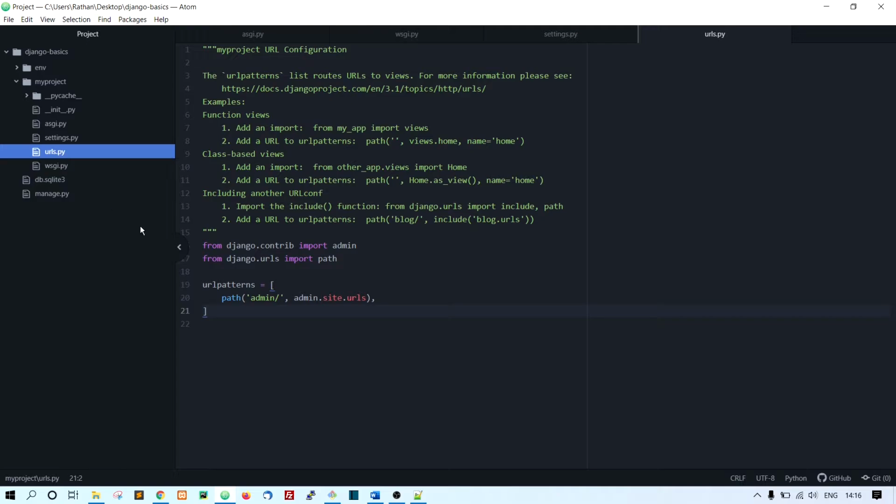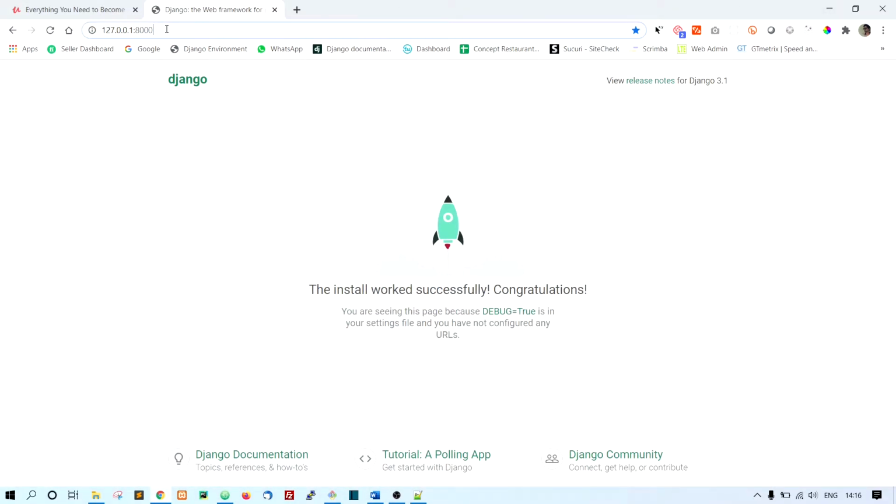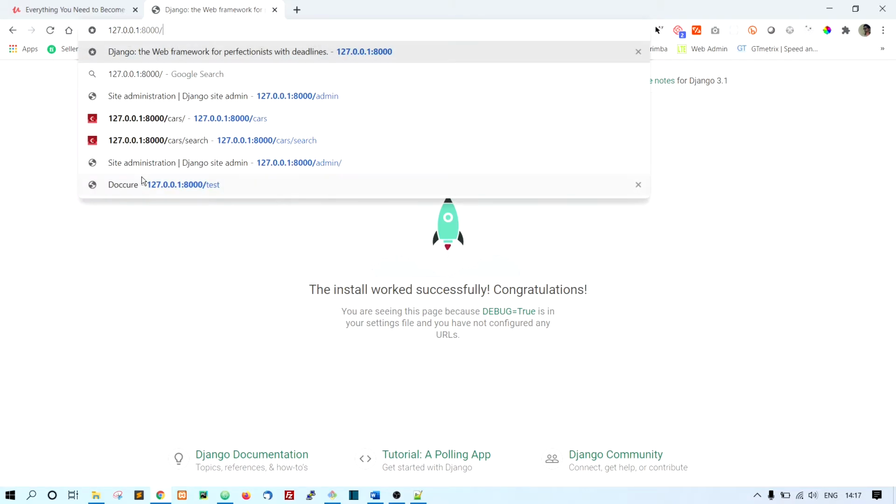In this file, first we need to create a URL pattern for the home page. This is how we create a path, and inside this path we put an empty string. Empty string means it is the home page. Let me show you why. This is the domain, and after it we don't have anything.